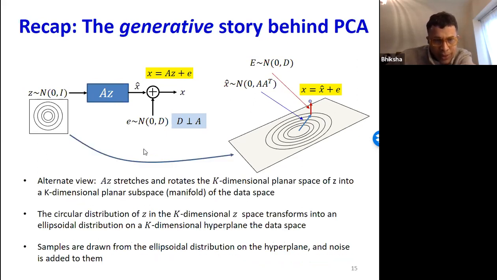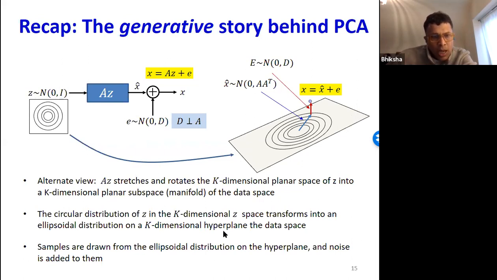Or alternately, you can say that you start off with an isotropic Gaussian. If you have a k-dimensional Gaussian and the linear transform goes from k dimensions to n dimensions, this linear transform stretches and rotates this k-dimensional Gaussian and implants it as a k-dimensional hyperplane in the n-dimensional space.